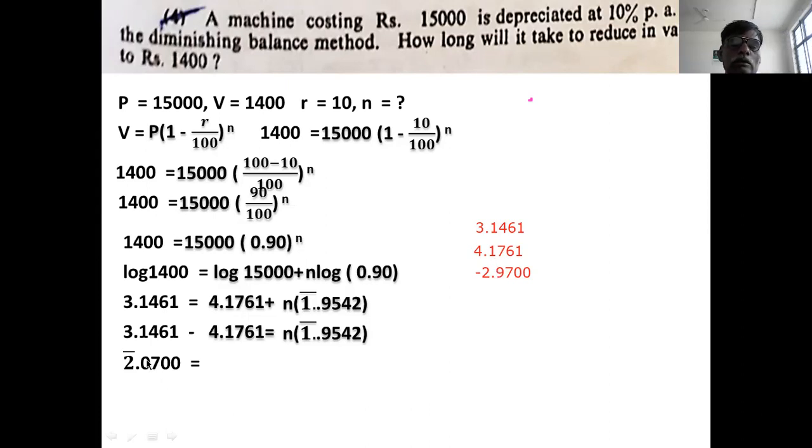This is the wrong step. So you take this step again, and your answer is minus 2.9700 is equal to